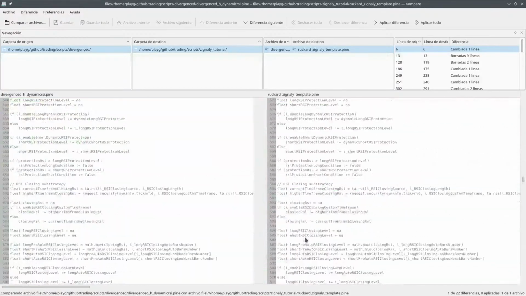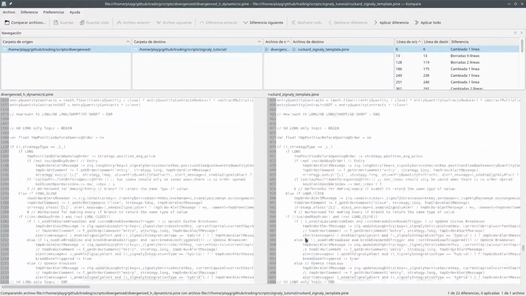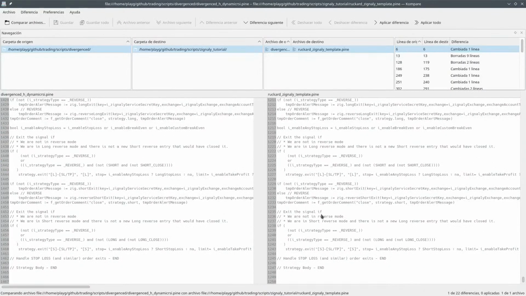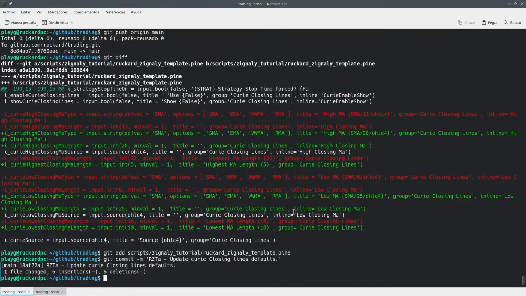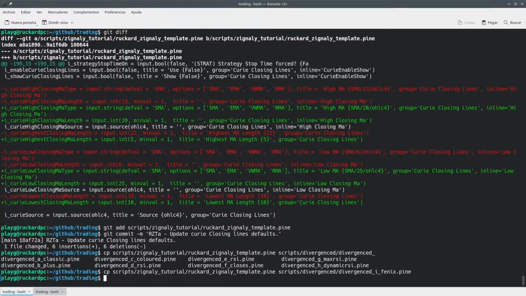And yeah, so we're going to use the Ruckard Zignaly template as a template, and we will start our script from scratch. Okay. So the way of doing this is just using the Ruckard Zignaly template. We copy it, and then we search the divergence H dynamic RSI. So this is going to say that this is Phoenix. I is Phoenix, and